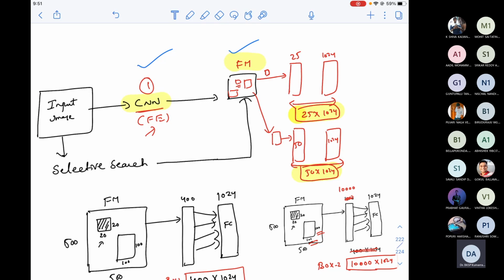ROI pooling is, again I'm telling you guys, just a max pooling applied on the bounding box, because it's a region of interest. ROI pooling, region of interest pooling. What is the region of interest? The box, the proposed box. Now, what I do is I try to perform